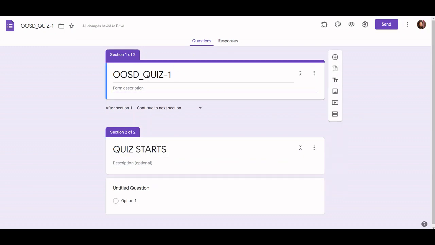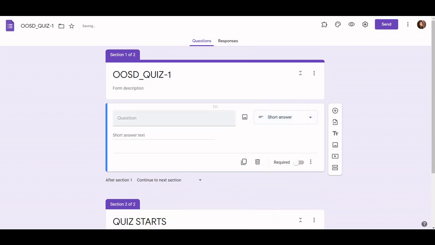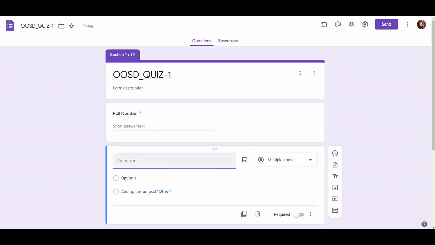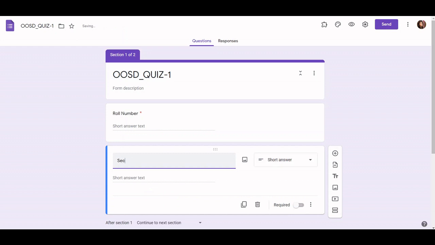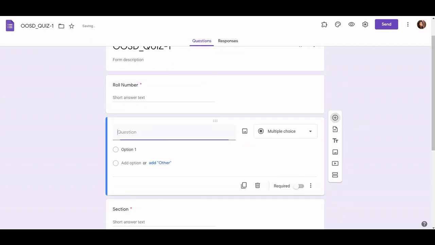For the first section I will be clicking on the plus sign, which is Add question. Obviously, if I want their name or roll number, it will be a short answer. The very first is the roll number I am looking for, and I'll make it mandatory so that the student needs to fill in the roll number and the section, which is also mandatory, and the name of the student again.